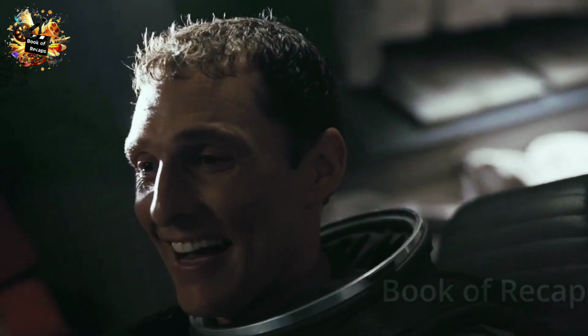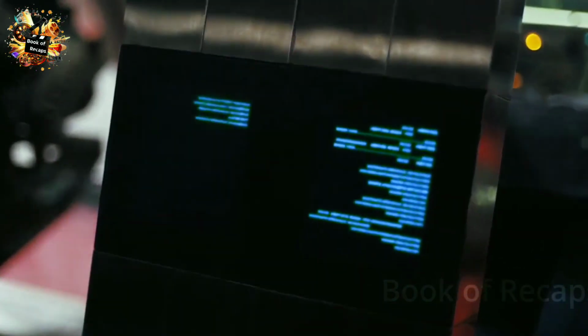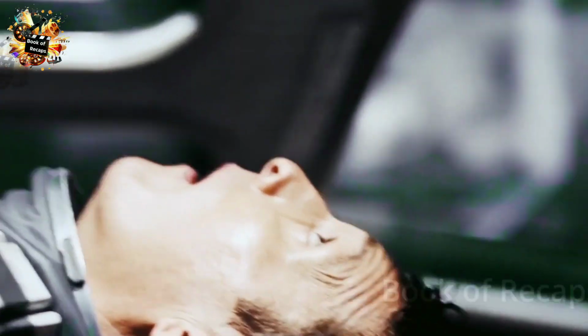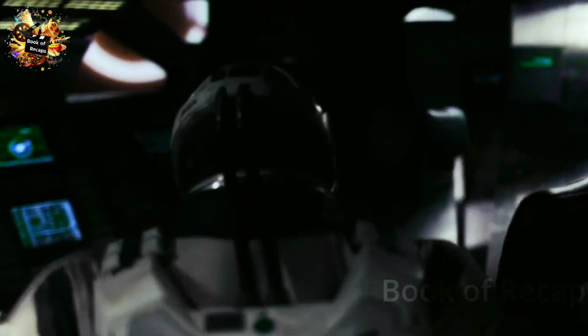Now Endurance becomes stable, but it does not have enough fuel to go to the 3rd planet. It is also necessary to go to this planet because they have already been told that Plan A was a failure. Secondly, according to the data received, that planet was most suitable for humans to live on. All of them make a plan to use a gravitational slingshot to send Endurance to Edmund's planet.